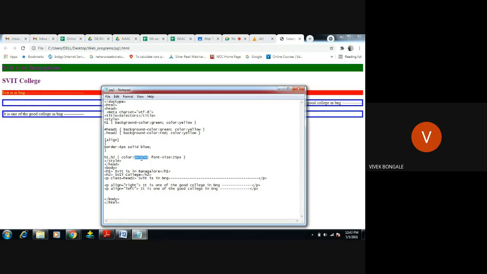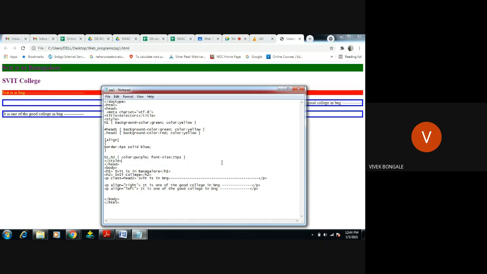So I will come to this part later. Okay, next concept is only this thing. So this is the group selector. The group selector, what it will do, if you want to apply the same CSS rule on multiple HTML elements, we can apply the same rule like this. This is the syntax, the format of applying the group selector.